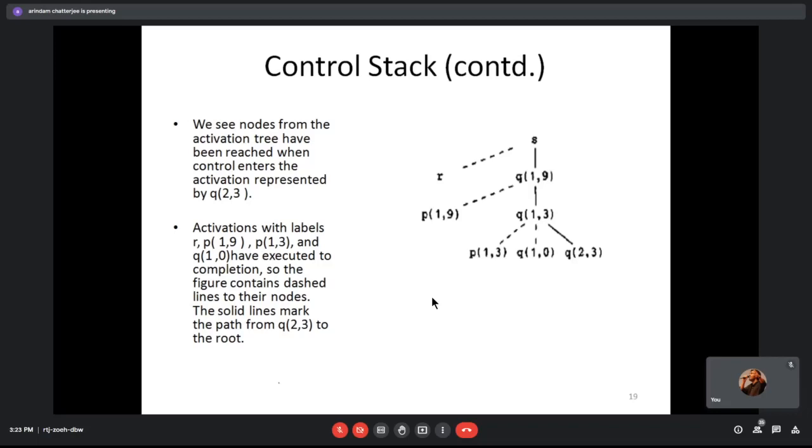Now you can see the path from Q2, 3 to Q1, 3 to Q1, 9 to S is the active control. Those which are dotted mean their execution is complete. The solid lines are the path of real activation or current activation.